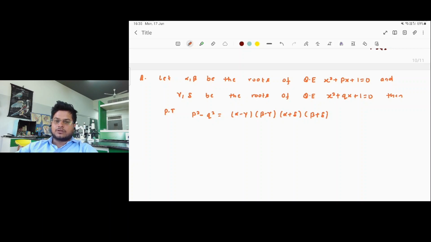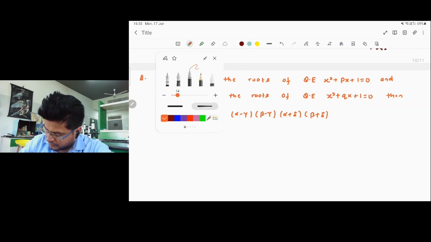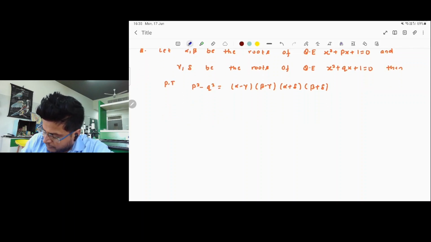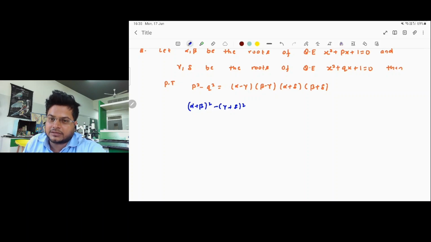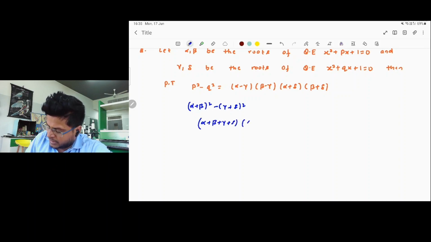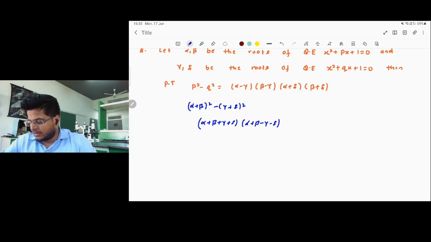In place of q, what can we write? Gamma plus delta, square. And then you can see that a square minus b square is there, so you can write something like alpha plus beta plus gamma plus delta multiplied by alpha plus beta minus gamma minus delta. And then I ask what is next,